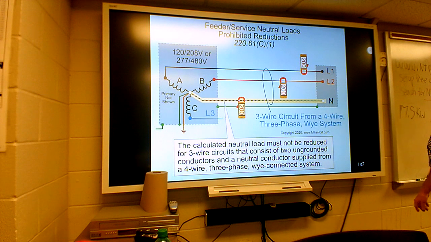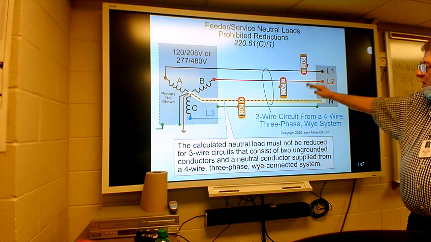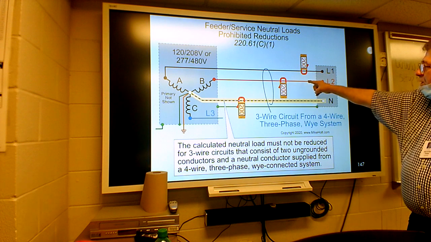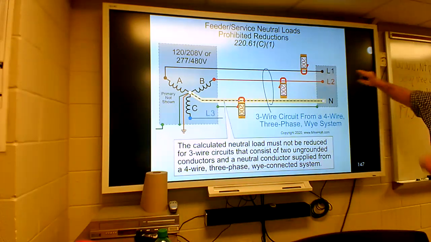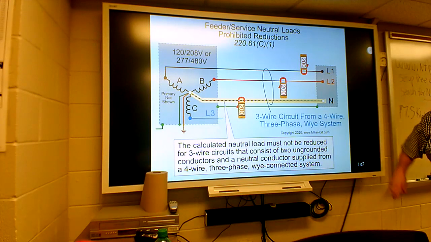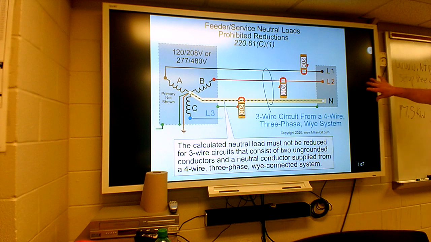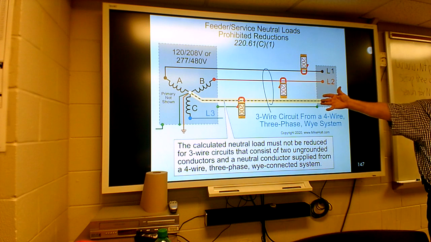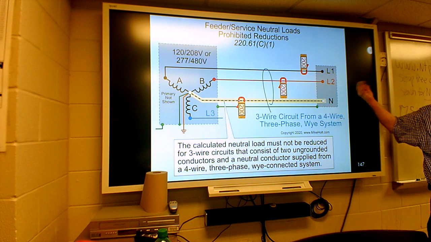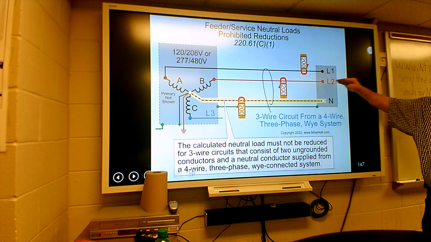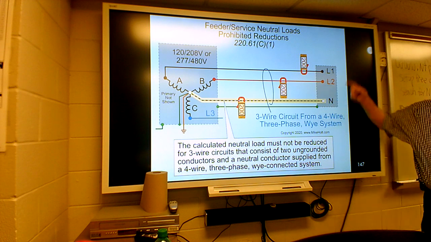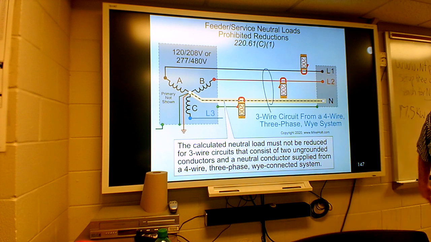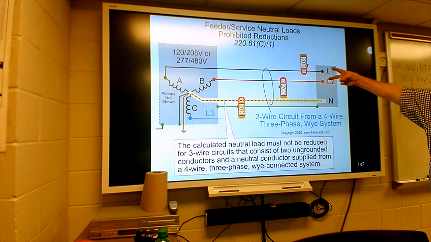Well, that would be a phase. The phase to ground load right there, of course. If you got 200 amps on that, it will be a sync. In this case here, what that will be evidence of, it would be evidence of a line to neutral load, a 200 amp line to neutral load, not a line load that's actually drawing a current at the moment. You know what I mean? At the moment, whatever's out here, it would be a line to neutral load, not a line to line load, because there's no current. Well, then that's not even true there. They're showing 200 amps on both of those